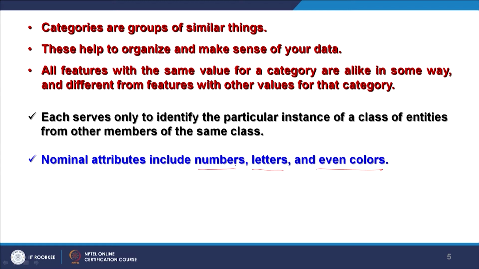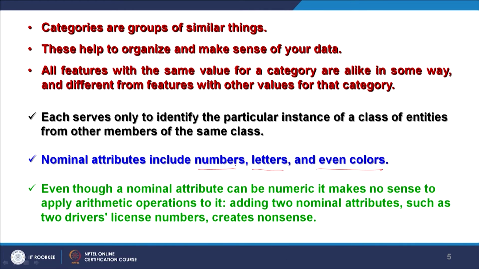But if we have declared in our database that a particular field or column in our table or in Excel is a nominal attribute, then one should not try to perform any arithmetic operations. Sorting is always possible, sorting is not an issue, but performing arithmetic operations will yield basically no good results.